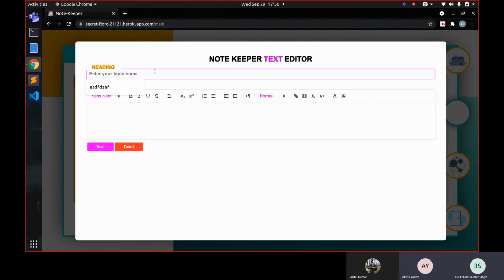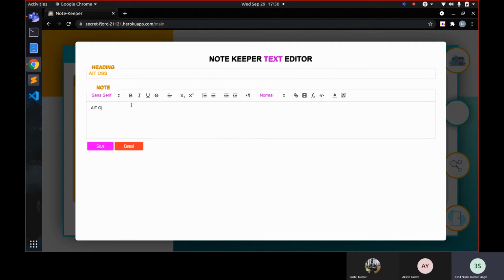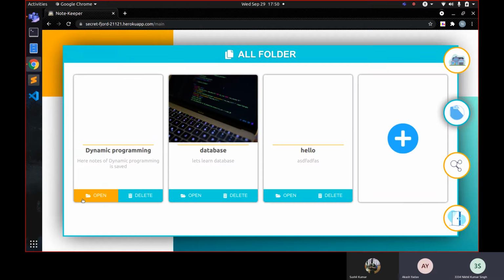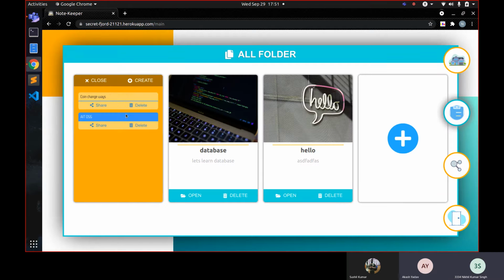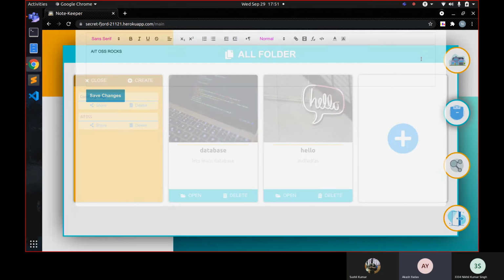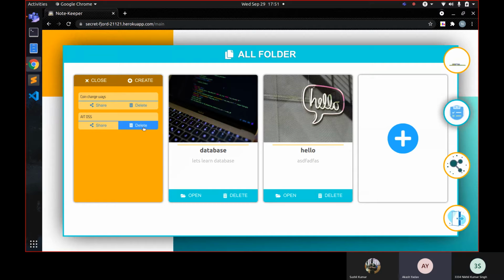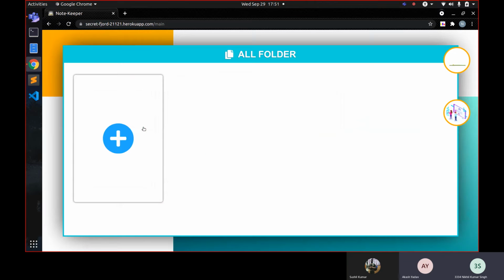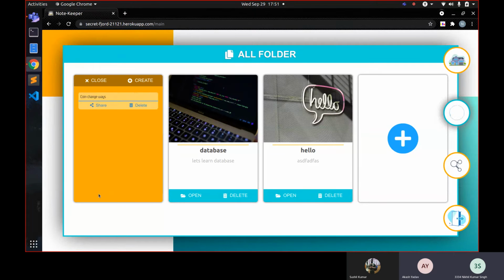Give some content and save. On creating, it will show up. Open, and you can see the card is being created, and it is in the subfolder of the main card. So this is the card, and we have provided two features for every topic for the user. He can delete that particular topic so that his card could be neat and clean for later use, or else he can share it.